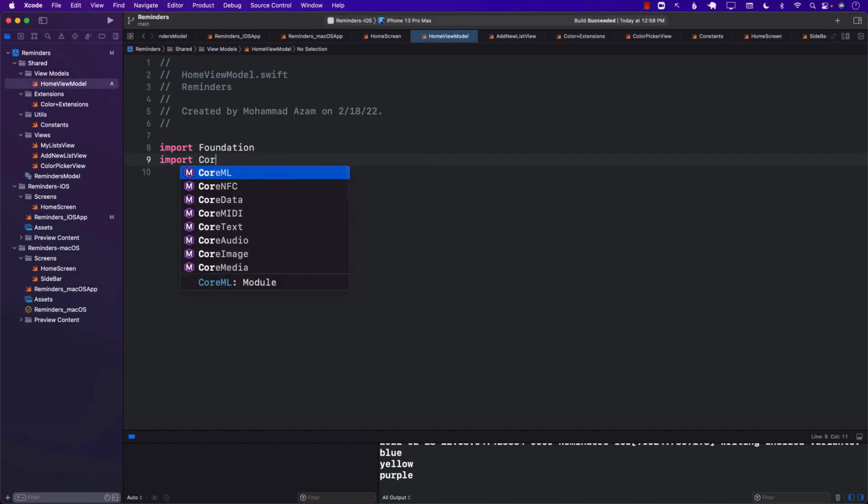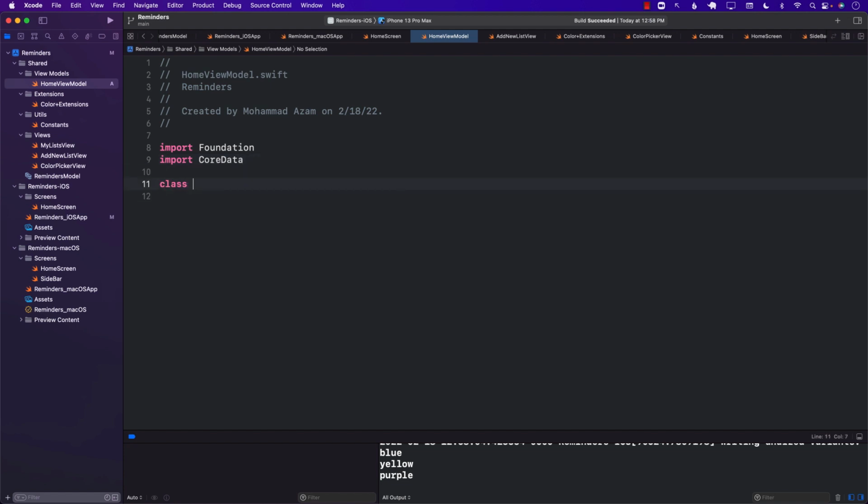First of all, I'm going to import CoreData. Next, I'm going to create a class called HomeViewModel. This will be an ObservableObject. Now, inside HomeViewModel, what we want to do is fetch all the different lists that you have created and saved in Core Data, but we also want to make sure that whenever a new item is added, meaning a new list is added, we get that particular list